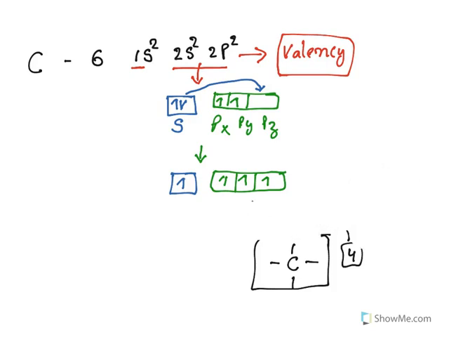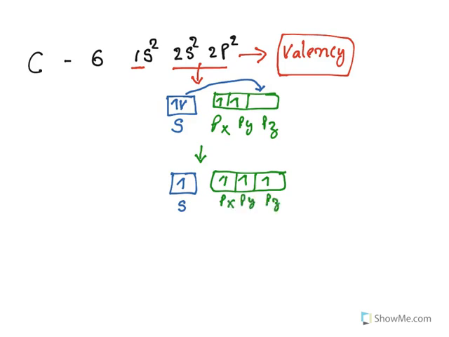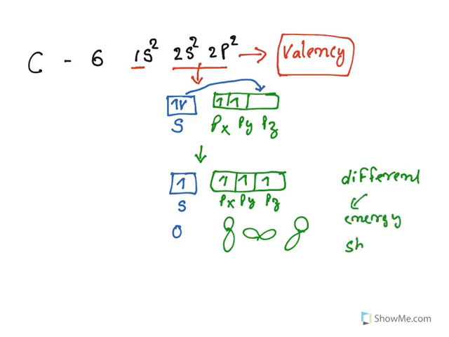Now let us understand one more thing, called hybridization. When you see this, the s orbital and 3 p orbitals are there, and they have different shapes. The s orbital is spherical, whereas the p orbital is dumbbell shaped. The problem is that all the orbitals are at different energy levels and different in shape. The purpose of hybridization is to make degenerate orbitals. Degenerate means the energy will be equalized and the shapes will be uniform.